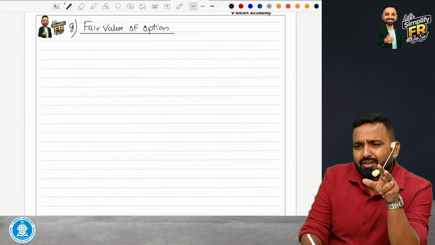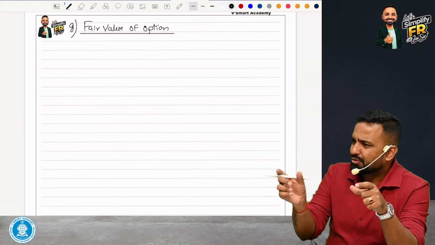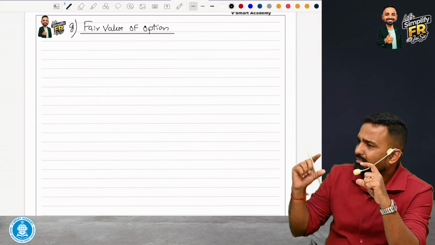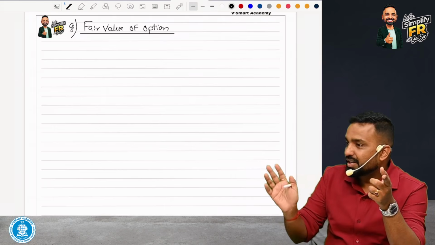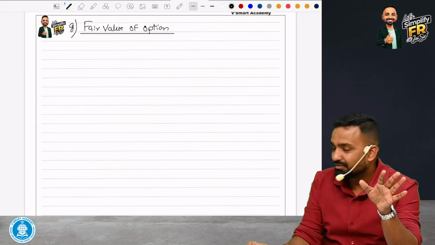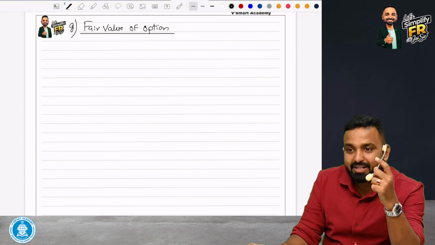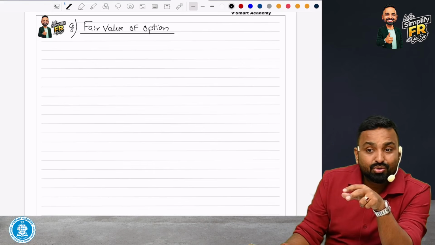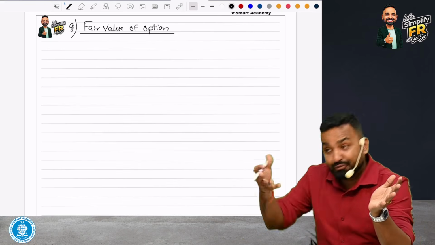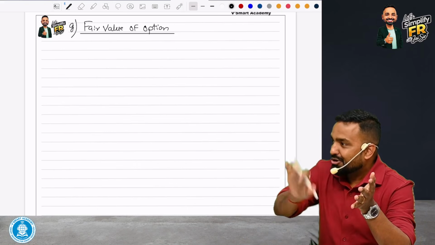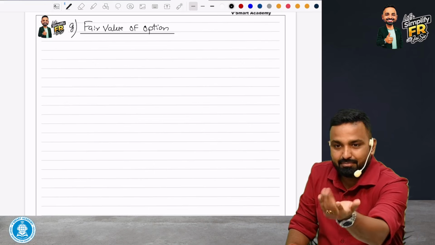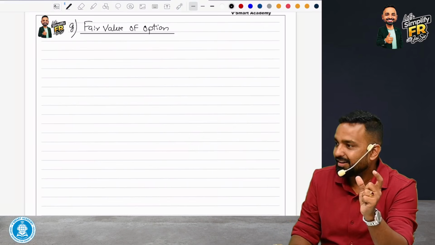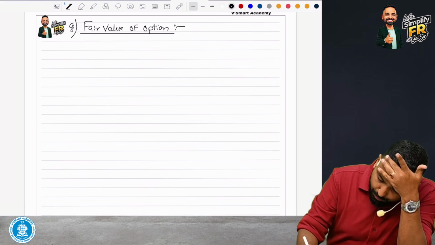Acha, fair value of option and market price of share, both are the same? May or may not. Generally different. Why? Market price is the share price and fair value is the offer value. Because out of market price 500 rupees, I am getting 180 rupees. So the offer is for the remaining portion. So fair value of option means